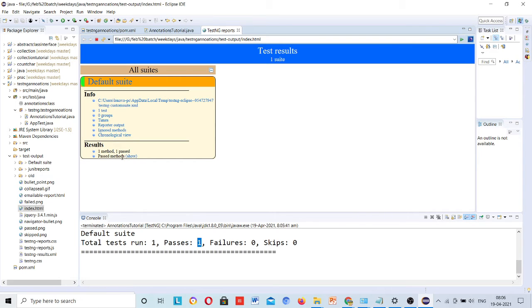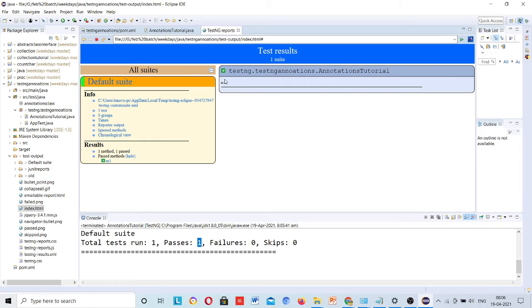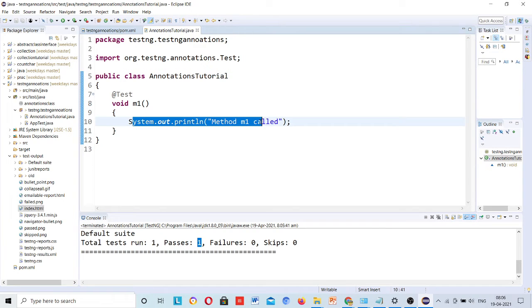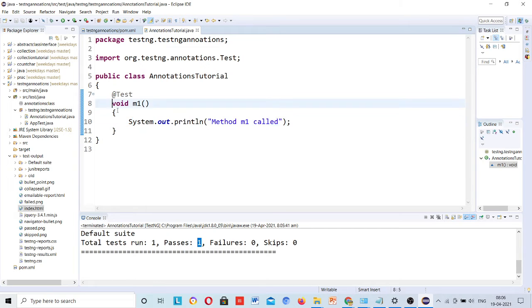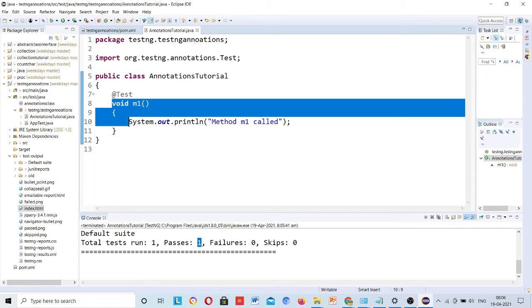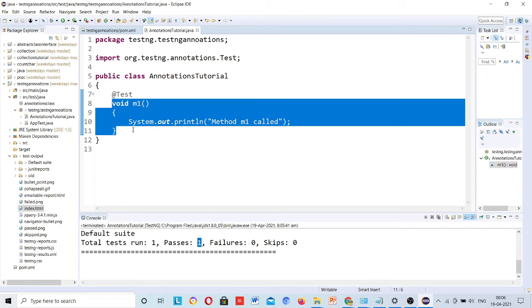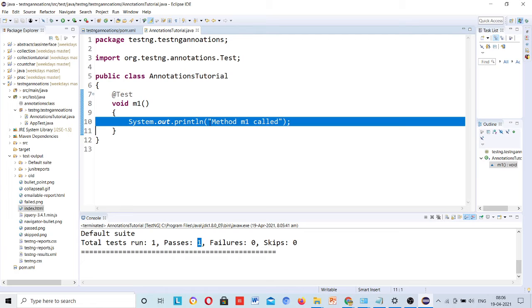So it is showing in a good way, like passed method. If you click on show, method m1 was passed. Now currently I have written just one line of code in this method. Tomorrow your browser will be launched, some scripts will run, and you will match the title of the site to see whether it matches or not. In case it does not match, you will forcefully fail it, and if it fails, then you will take a screenshot. So everything will come inside this method. The screenshot code will come in a common class when you design a framework, then you will understand. Here you need to know how the test case is running and how it is deciding.